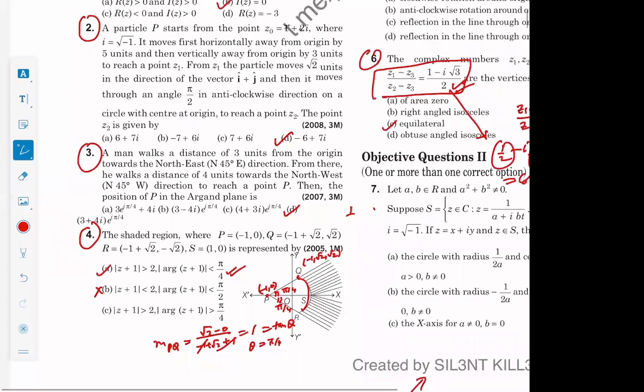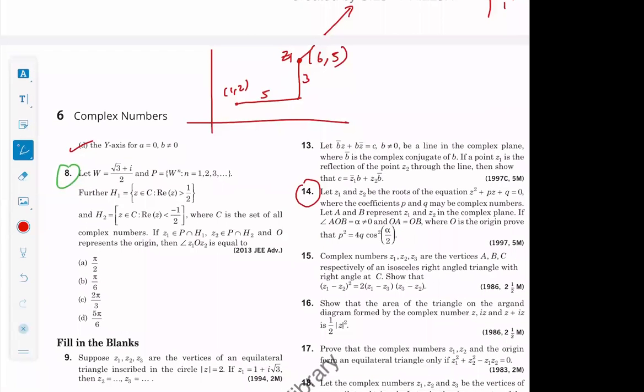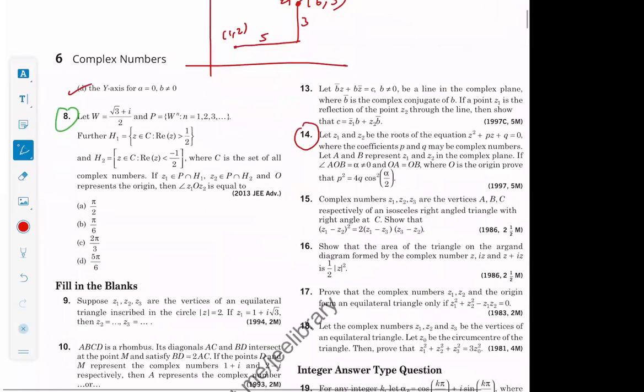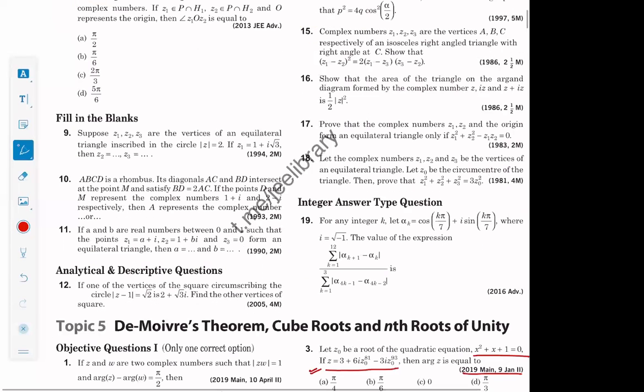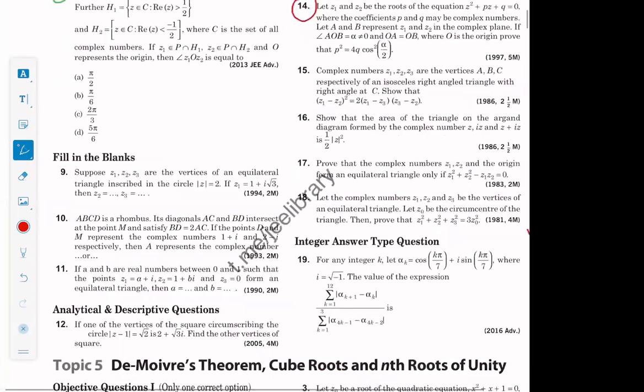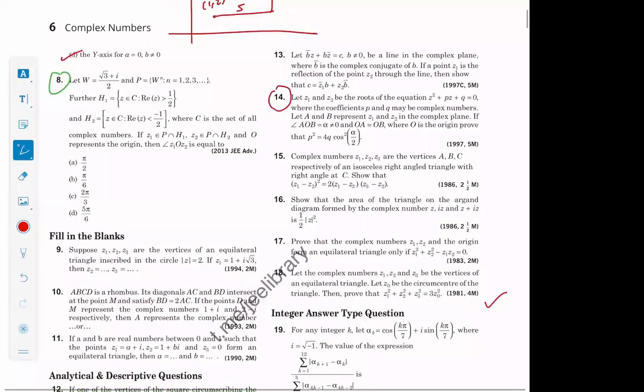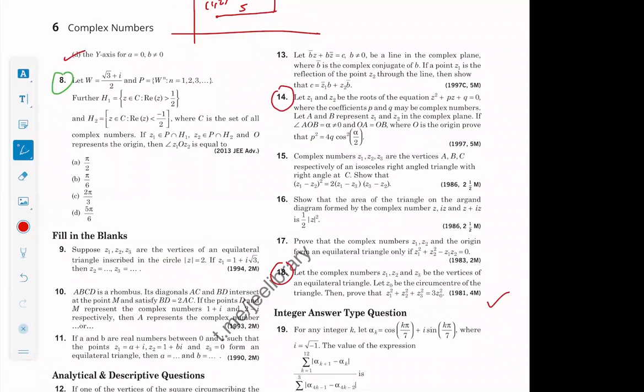क्लियर? सारे डाउट क्लियर हो गए? Now you may try these problems: 9, 10, 14, 18. सेवेंथ वाला पहले ट्राई करना अनुराग, फिर मैं बताऊंगा। मैंने अभी दिया नहीं था आपको सॉल्व करने के लिए।